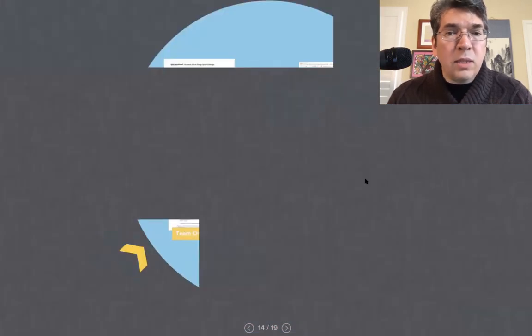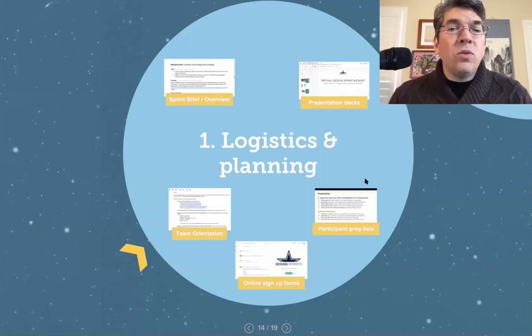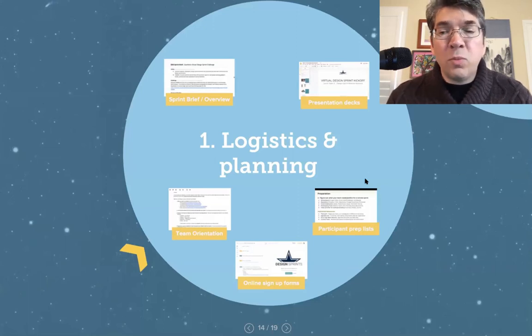So the first thing, and this usually goes with design sprints in person as well, is logistics and planning. This is typically what I do when I approach any design sprint, virtual or regular, but specifically for virtual sprints, I have to do a little bit more logistics and planning, because I have to assume that with all the distractions my participants are going to come up against, whether it's email or social media or a phone call from home or even their work, I have to make a commitment to over communicate, like I mentioned before. So you start out with a sprint brief overview to get everyone on the same page, that you'll also use for, say, pitches at the beginning of every day of the sprint to make sure everyone's aligned on what they're doing and what the outcome is.